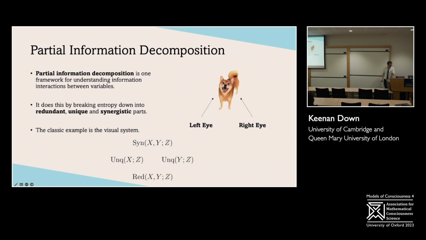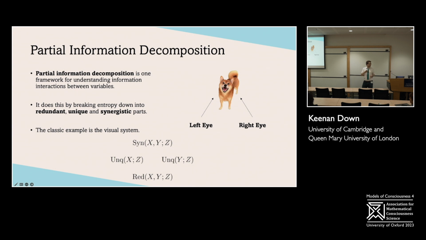Okay? And one thing that we could do with this logarithmic decomposition is something called partial information decomposition, which you might have heard of before. And this is the idea of doing something not quite so fine, but breaking down information into sort of larger characteristic parts about how they're actually being processed.